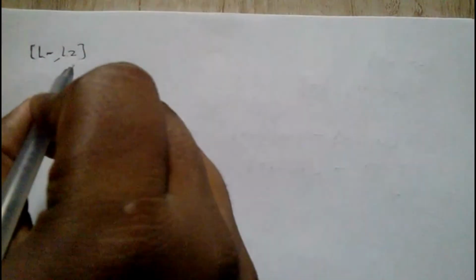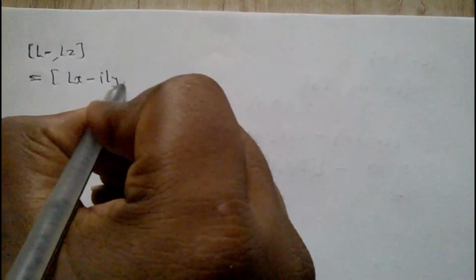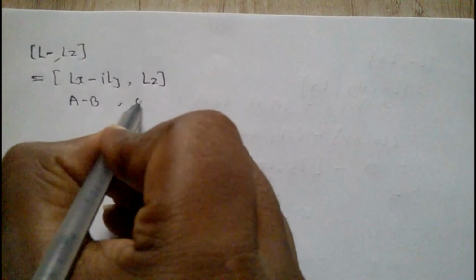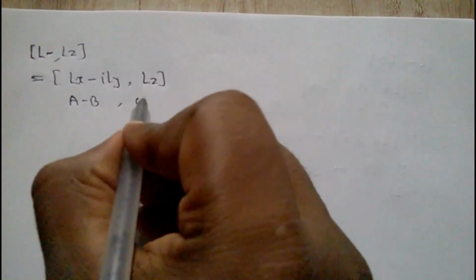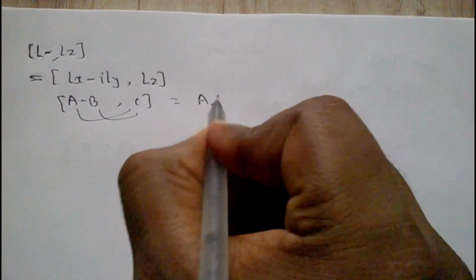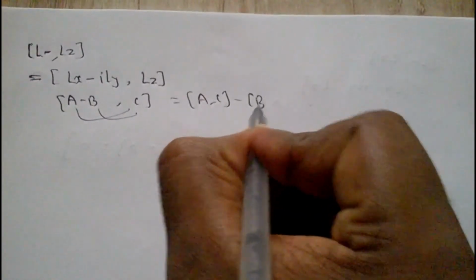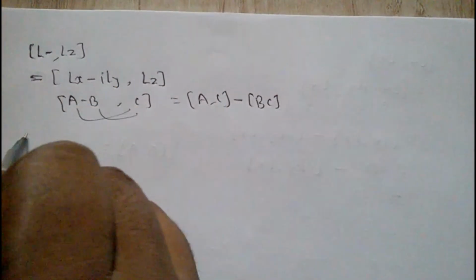L minus Lz we are solving, so we know the value of L minus is Lx minus i Ly. This is Lz, and this is a minus b, and this c. So we know that bc minus bc. Similarly like this,